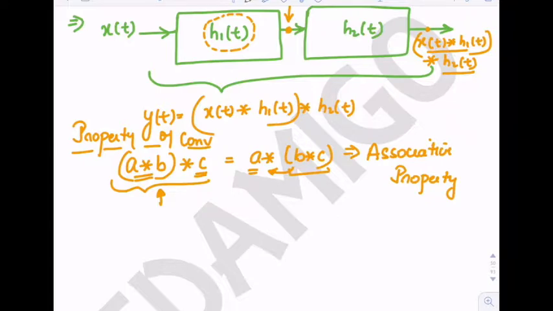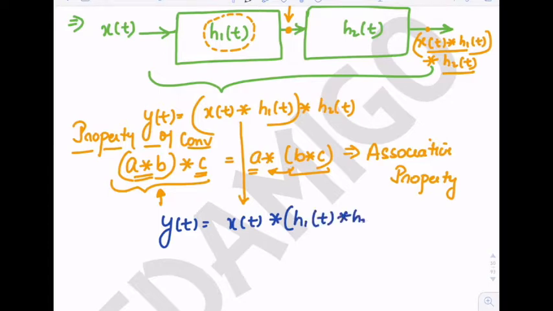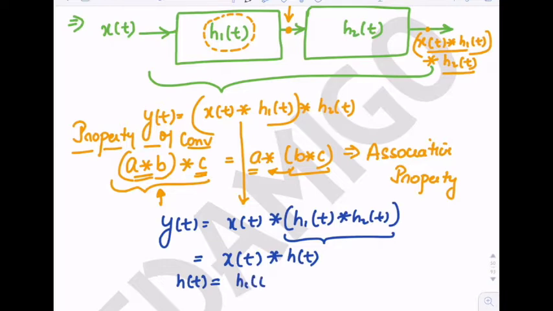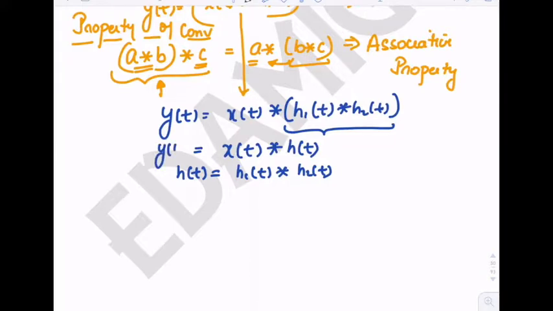Now using this property we can say that y(t) is equal to x(t), changing the bracket, convolved with h1(t) convolve h2(t). Now if we say that this is equal to h(t), then y(t) is equal to x(t) convolve h(t), where h(t) is equal to h1(t) convolve h2(t). Let us say this is equation number 1, using equation number 1 and equation number 2 we can say that